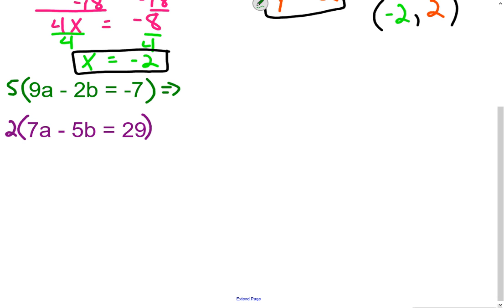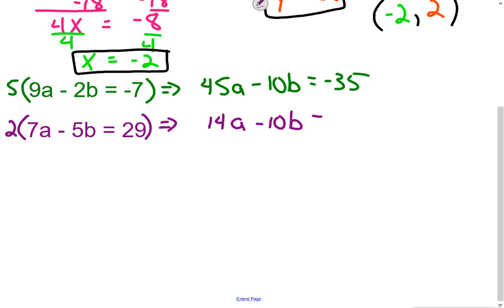Now, this first equation is going to turn out to be 45a minus 10b equal to negative 35. And my second equation is going to turn out to be 14a minus 10b equal to 58. Now I look at it and go, well, if I subtract them, that will eliminate my b's, so I'm going to subtract these two equations. And when I do that, I end up with